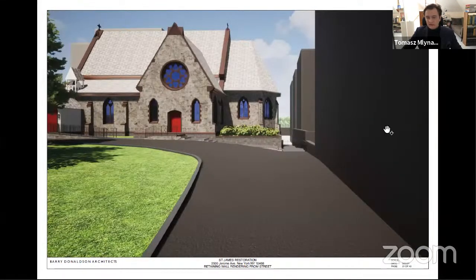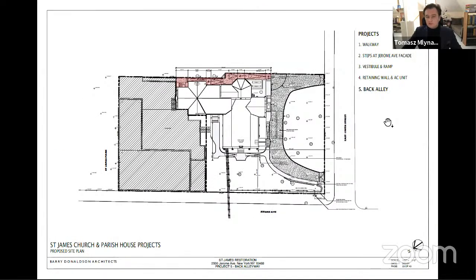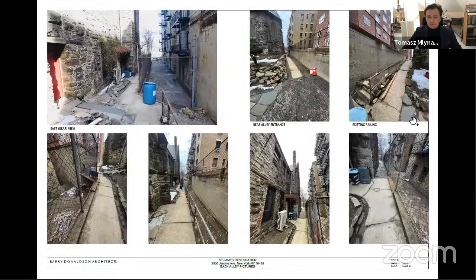And you can see how even very delicate plantings should be able to cover the HVAC units quite easily. And you can see a section of that here, just how far down they go. The next part of the work is the back alleyway, and we'll be rebuilding the back alleyway pathways completely. So you can see pictures of the existing